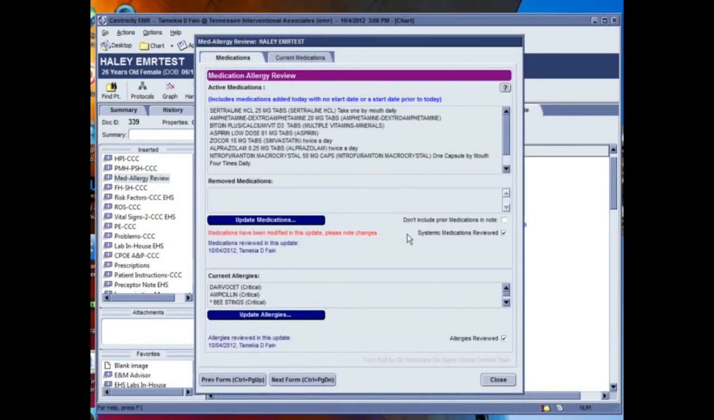Within this form we have the systemic medications reviewed and the allergies reviewed. As you can see here, I have a list of medications in my patient's medication list. Once I've reviewed those medications, I need to select the box here for medications reviewed. The same as for allergies. I have allergies here in my list, and I want to select allergies reviewed. Once I select those boxes, this data will be captured for meaningful use, and this has to be done at